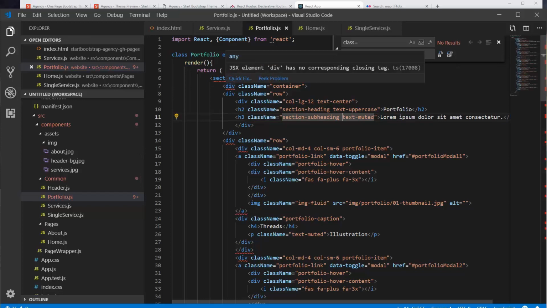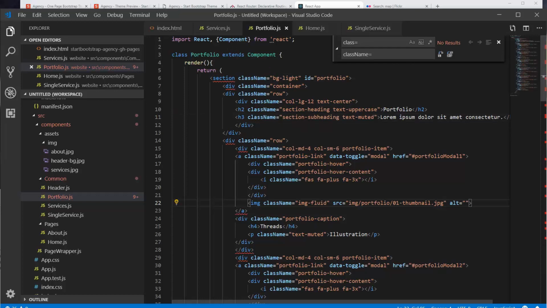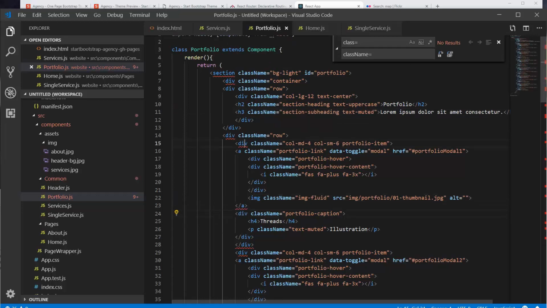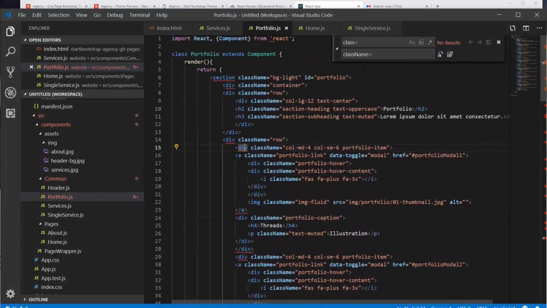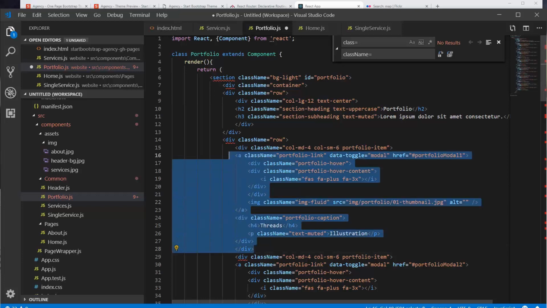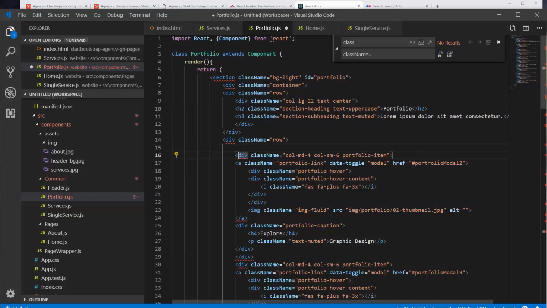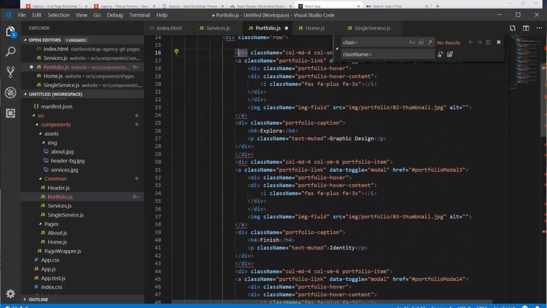Why are these has no, oh, the image, okay. Yeah, images are not being closed. Let's go ahead and remove each row. Oh wait, is that each a portfolio link? So we get proper syntax highlighting, let's close this first image, and then it's going to be this right here that we're going to want. So let's copy this, and this is going to be each portfolio item. And this is indented very badly. I'm going to replace alt